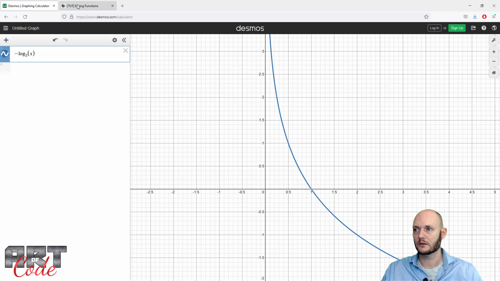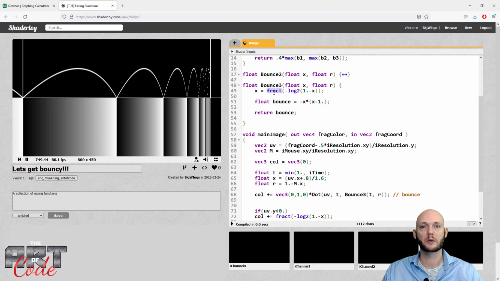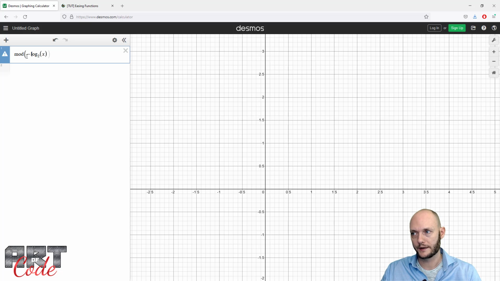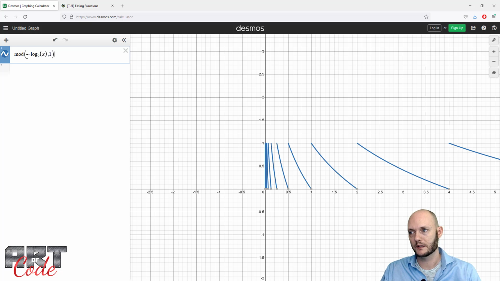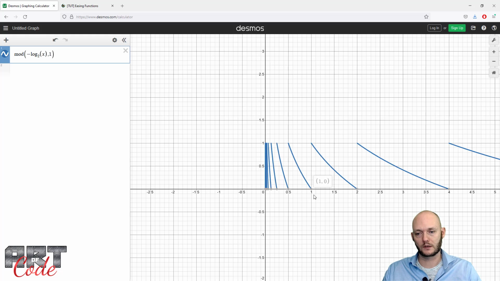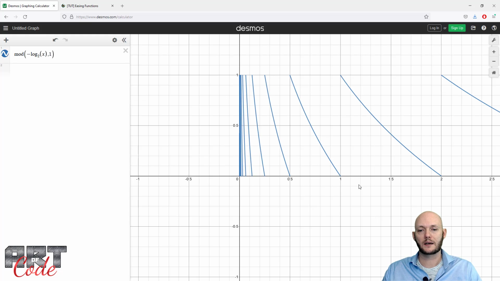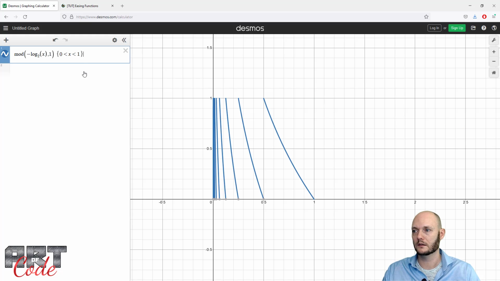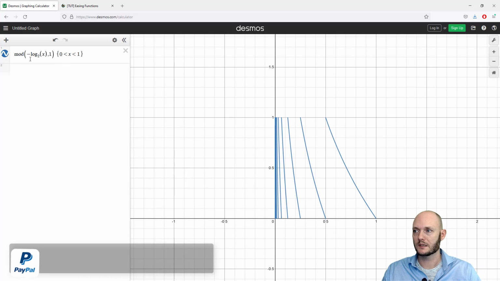Actually, let me take the fractional component of that, right? I can do the same thing over here, although over here it's called modulo, mod. Fractional is just a mod 1. It's basically just throwing out all the integers and cutting up the graph at every integer interval and shifting all the parts of the graph back down to 0, so that we have all these parts of the graph right now. And we're only looking at this, by the way, on the interval of 0 to 1. So this is my x coordinate basically,